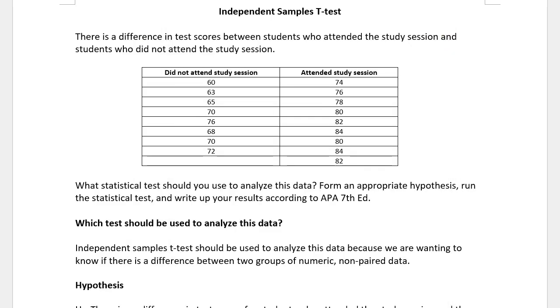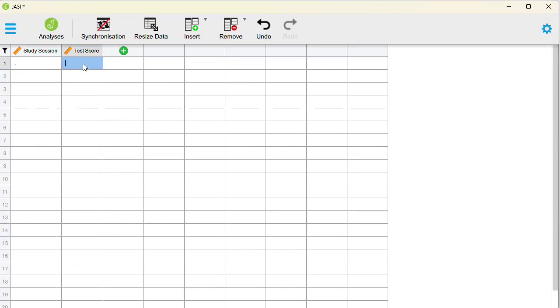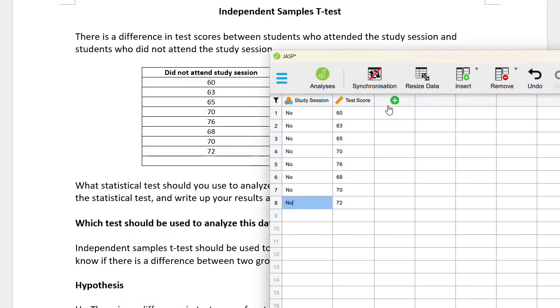Now the easiest way to do this is to go ahead and just copy that information. So go ahead and copy that. And right here for test score, we're going to paste that in. Then remember, these are all the no's. So we're going to go ahead and just do no. And then once you have that there, if you want to copy it and then just paste it in. But these are all the people who did not attend the study session and their scores. So double check, did not attend 60, 63, 75, 70, 76, 60. Okay, so we have all of the test scores for people who did not attend, and we have that they